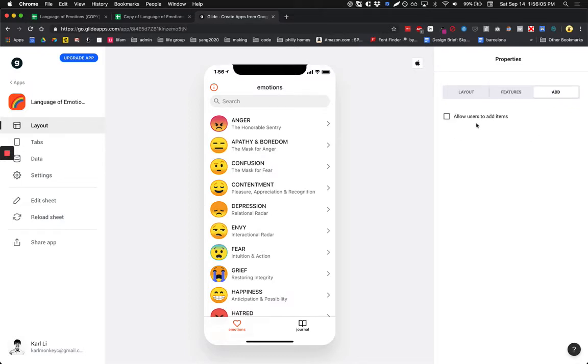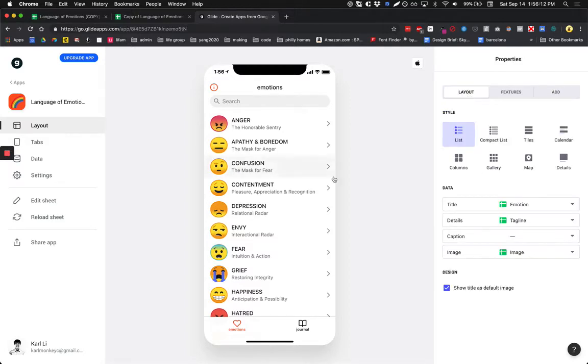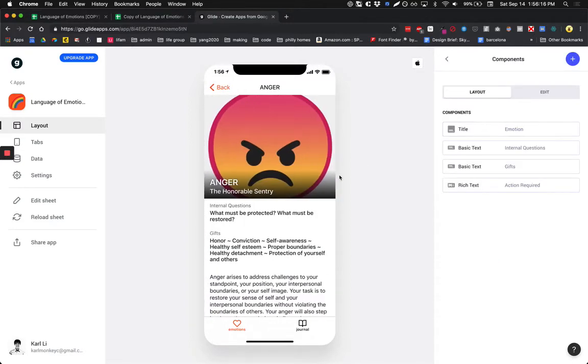And then under Add, let's make sure that this checkbox, Allow User to Add Items, is left unchecked. We don't actually want users to add more emotions to our list. When we drill down into a specific emotion,